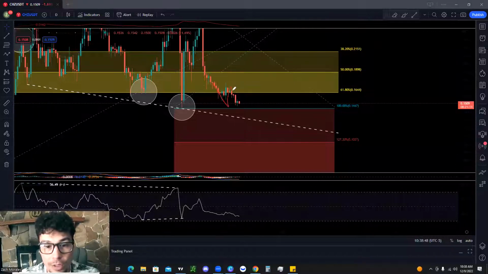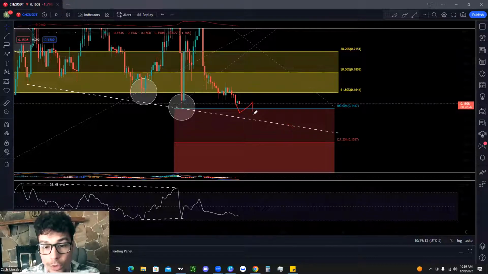We came down, we tried to retest, and ultimately we're very, very close, right? We're at 1.509 currently. And the level that we're looking at for our breakout level is going to be 0.1447. So the reason that this is very important is because this is our most recent lows. It's below our 61.8. And if we break below here, most likely we're going to head back down to this